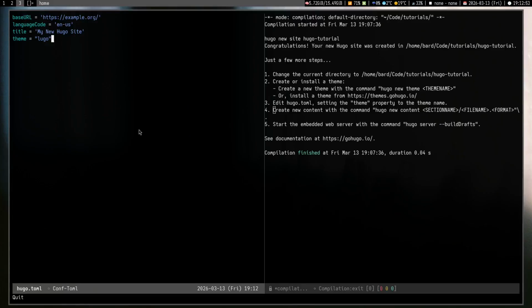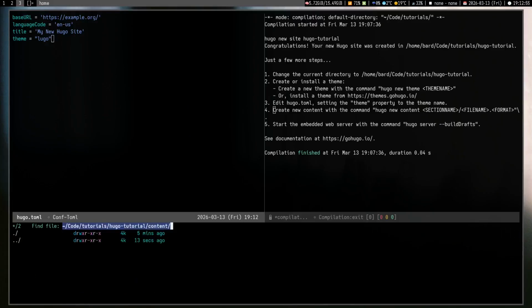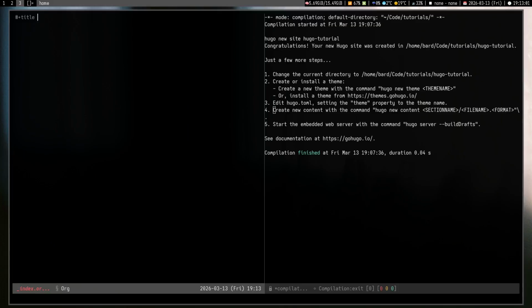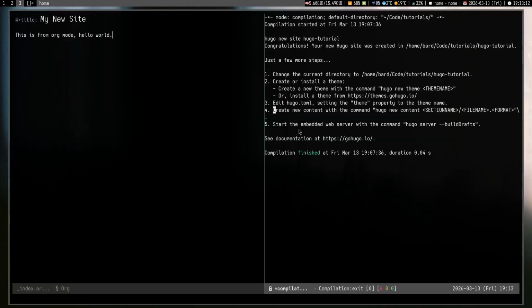So let's see what it looks like. Let's make an index.org and then have the title be "my new site". And then this is from org mode. Hello world. And then we can do this server now, so we can do compile and then Hugo new Hugo server, and then I like to add